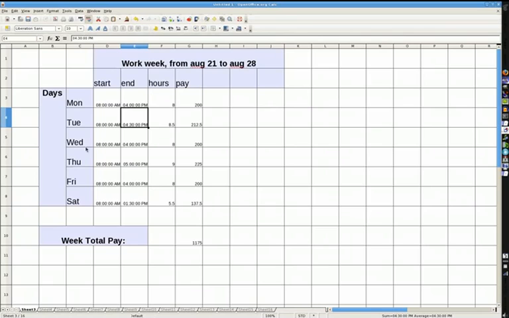Also, yeah, one thing I forgot to mention in the word processor video, with OpenOffice,